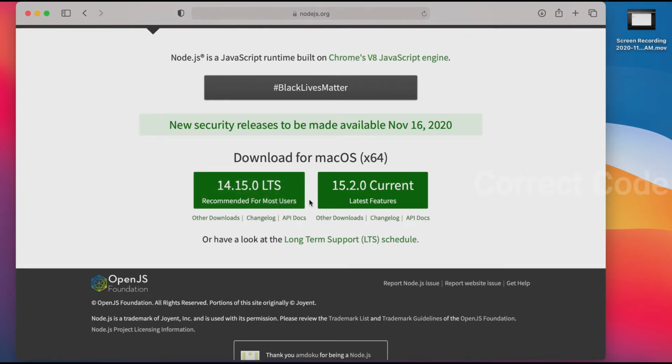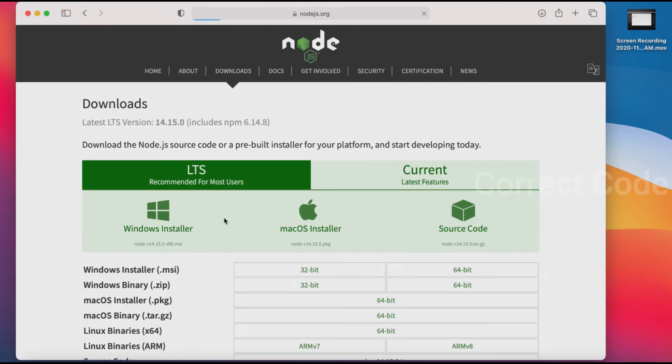Now its latest version is 15.2, but it is not fully tested. Most users recommend 14.15, which is useful for the latest version of Ionic, but we are still using Ionic 3. So for Ionic 3, the most supported version of Node.js is 12.